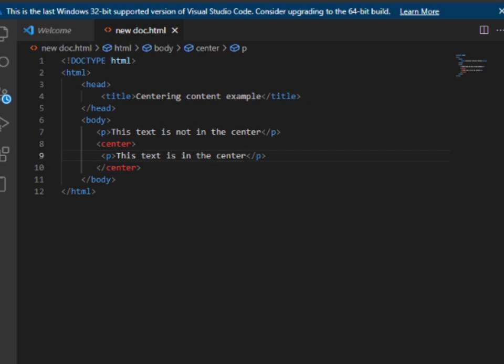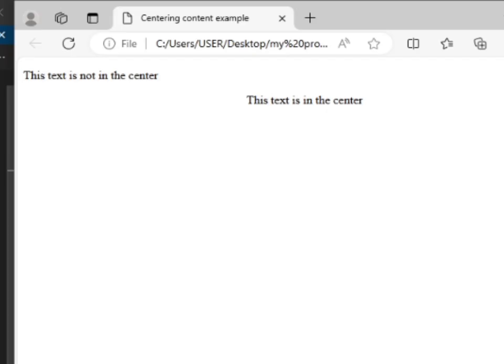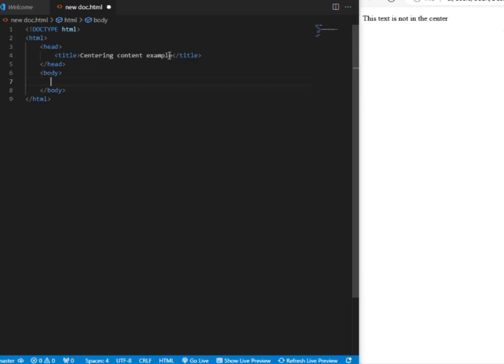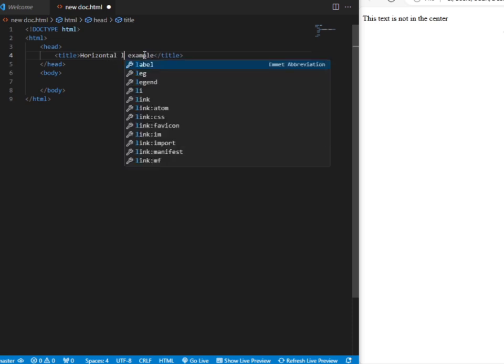Let's preview it in our browser to see the result. As you can see, the first text, this text is not in center, and the other one, the text is in center. So let's work on another HTML example, which is clear your title, which is the horizontal line. Let's work on horizontal line